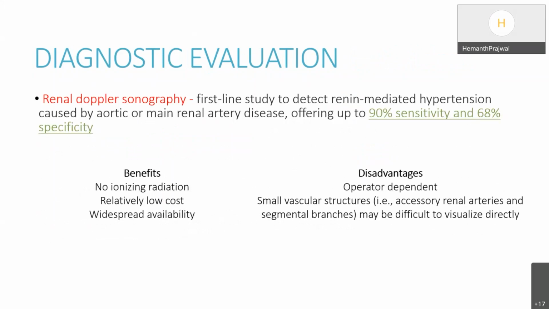Renal Doppler sonography is the first imaging study to detect renin-mediated hypertension caused by aortic or main renal artery disease. It has a 90% sensitivity and 68% specificity. Benefits being it does not involve any ionizing radiation, low cost, and widespread availability. However, it is an operator-dependent modality, and small vessels such as accessory renal arteries and segmental branches are difficult